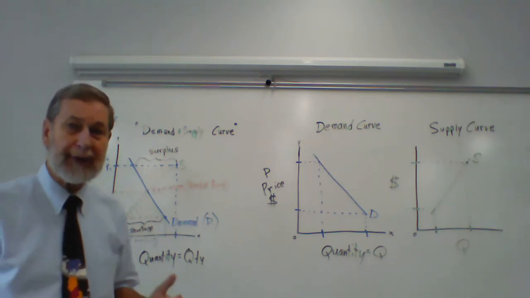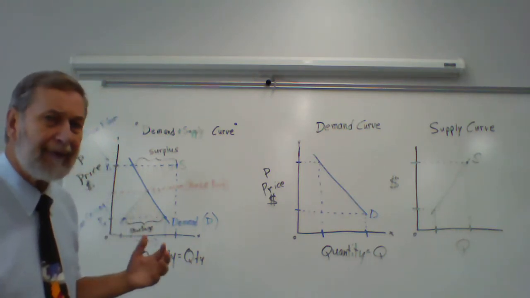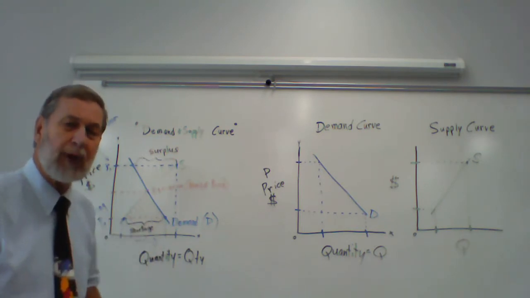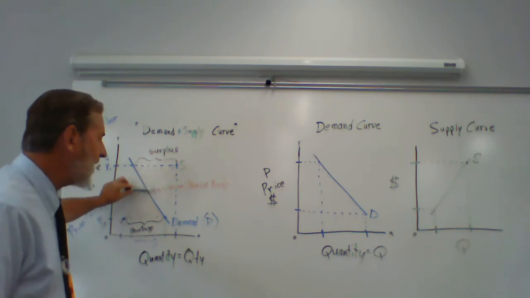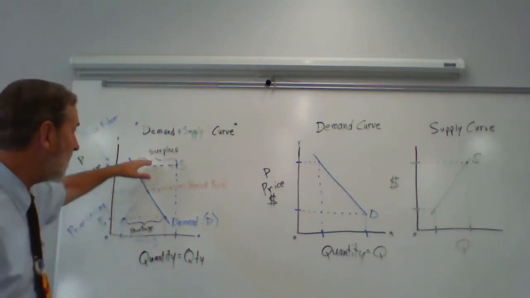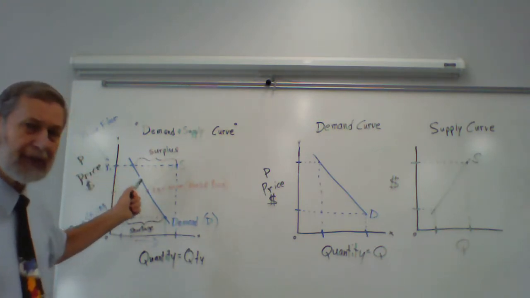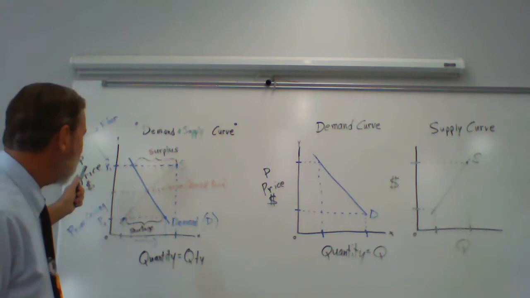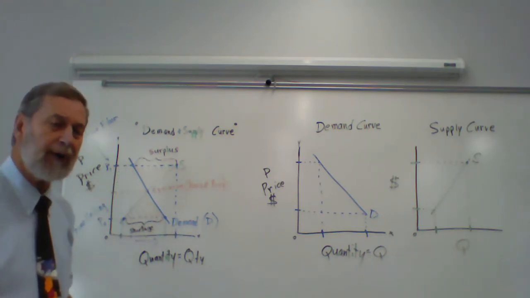Usually those are clearance sales, whether it's at Kohl's or Walmart or whatever store that wants to move their product. What do they do? They lower the price to find out where the equilibrium is, to get rid of the rest of that merchandise, to get rid of their surplus. Now, there's another situation that causes a surplus, and that is if a government introduces a price floor that is